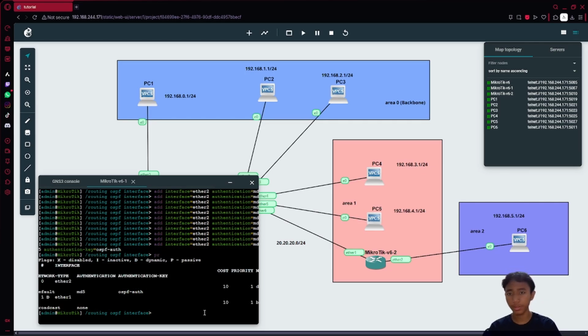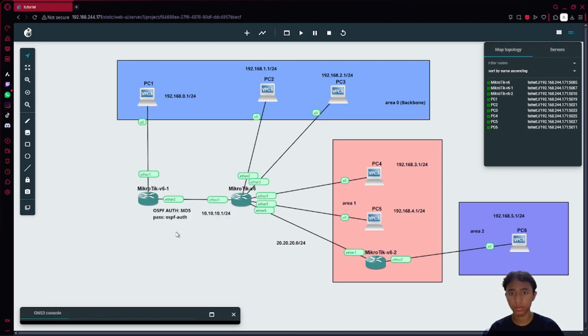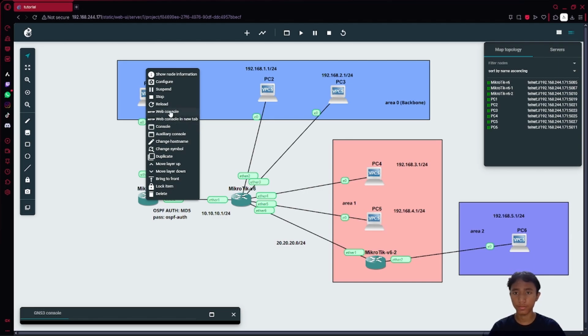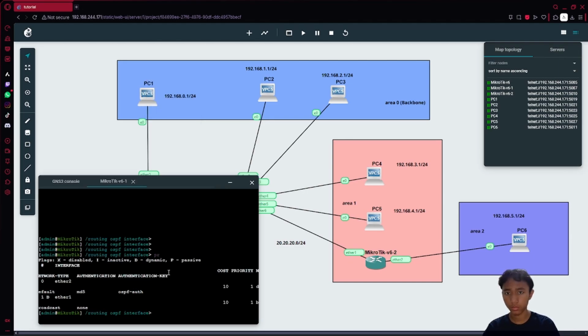Then if you print it, as you can see here, we've got our authentication, which is MD5, and the key is OSPF auth on Ether 2.